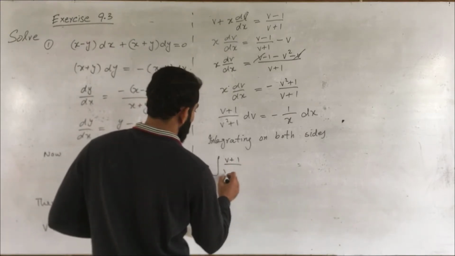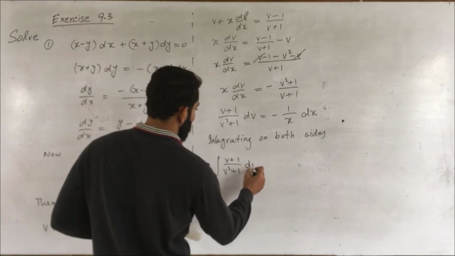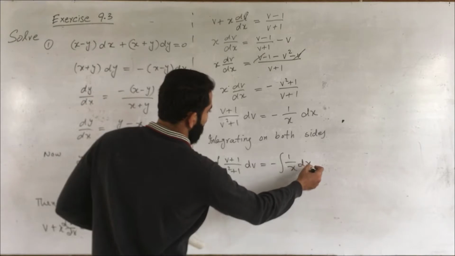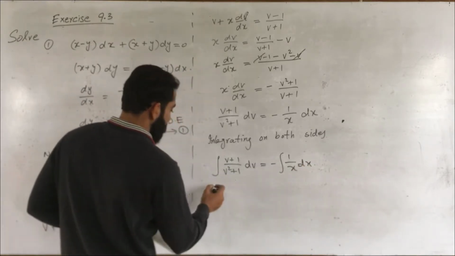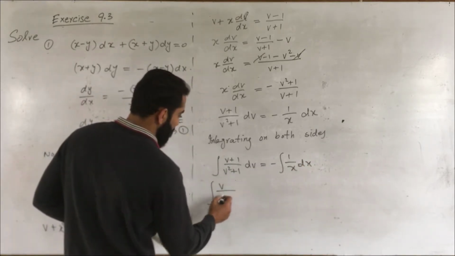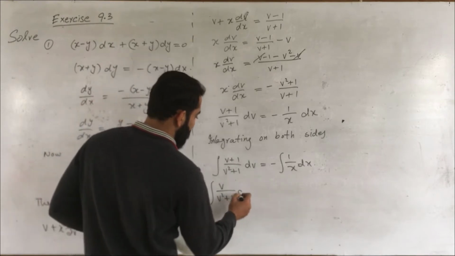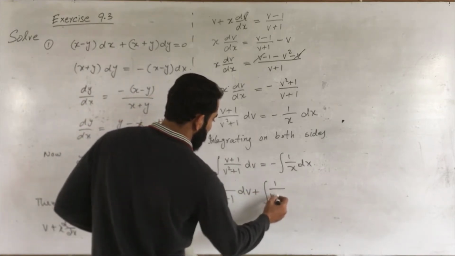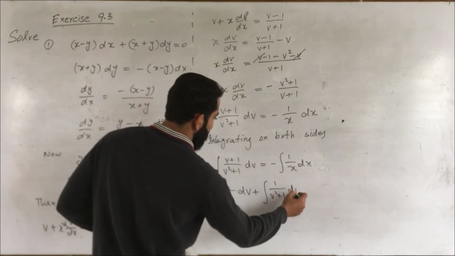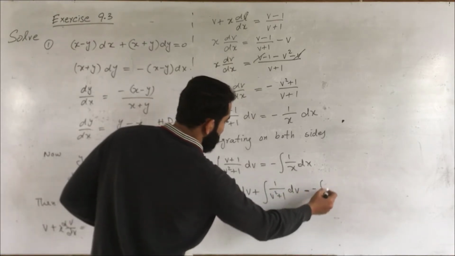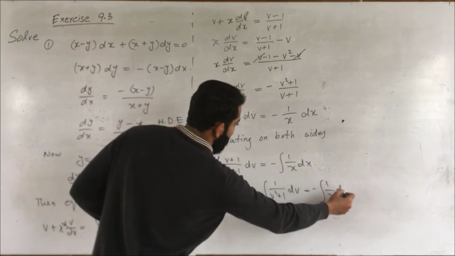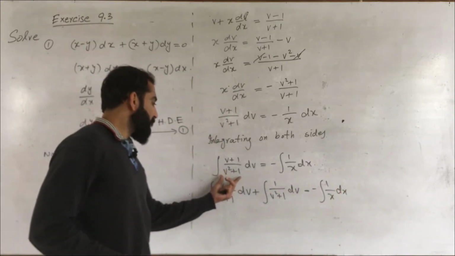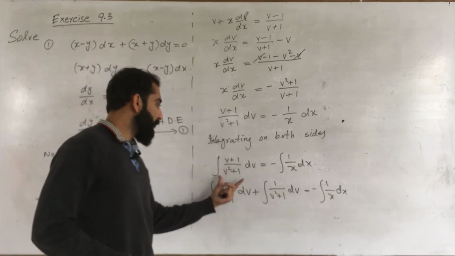(v plus 1) divided by (v square plus 1) into dv is equal to minus integration of 1 over x dx. It is converted to integration of v over v square plus 1 dv plus integration of 1 over v square plus 1 dv is equal to minus integration of 1 over x dx. We put v square plus 1 first under v and then under 1,